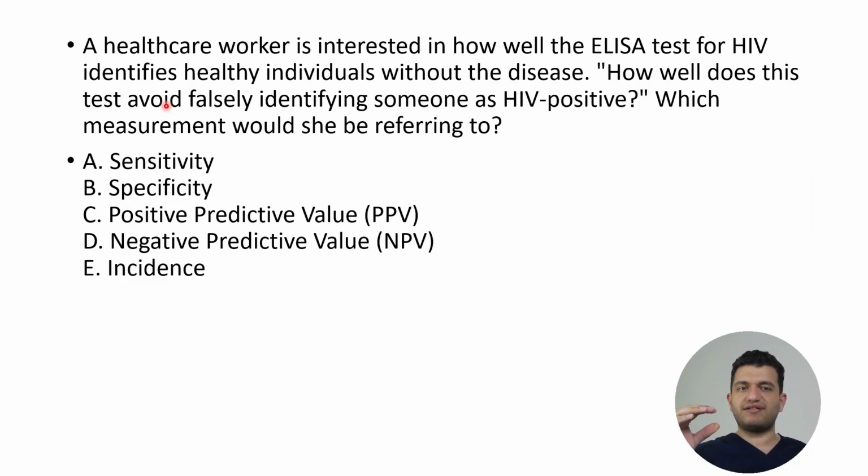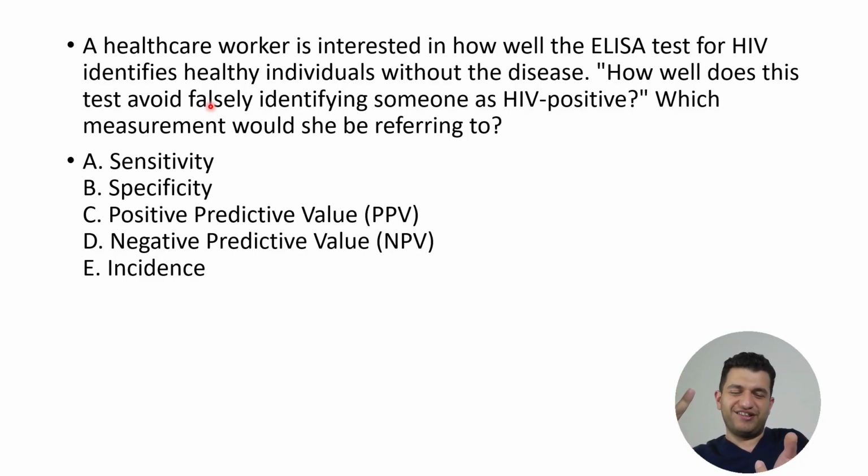Someone else asks, how well does this test avoid falsely identifying someone as HIV positive? Now, don't mistake this positive for the positive predictive value. He doesn't say that the test is positive. He says, how well does this test avoid falsely identifying someone as HIV positive, like labeling them as people with the disease? And he mentioned falsely here, so if you apply some math and try to reverse this question,